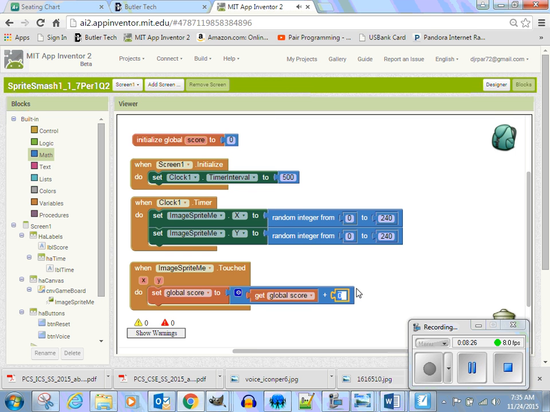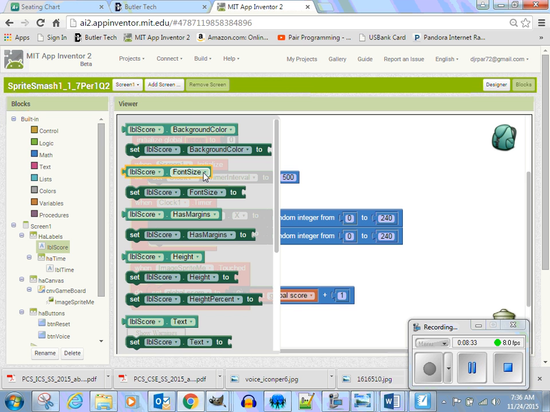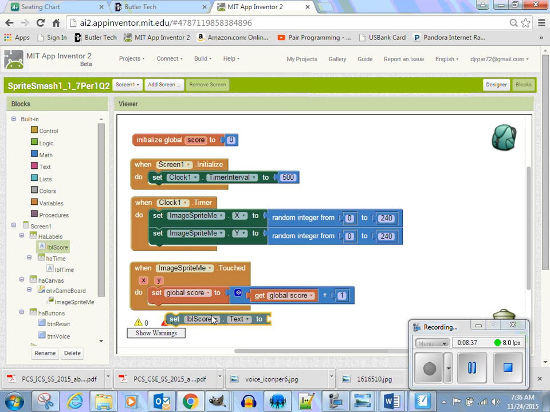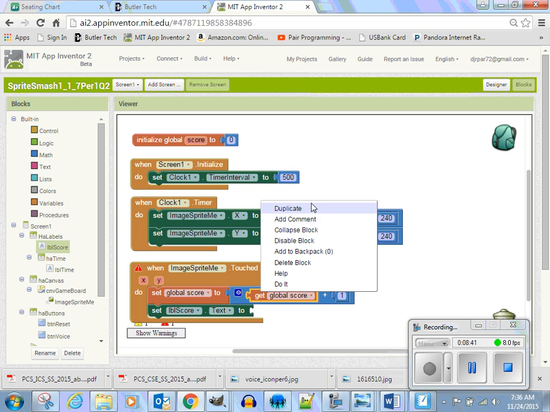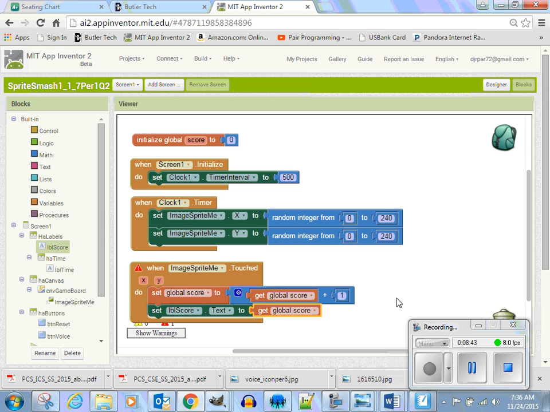Okay, so you get 1. And then all you do is set that into your label. I'll put that into my label score. Set the text to get the score. Okay, and now if I run that again,